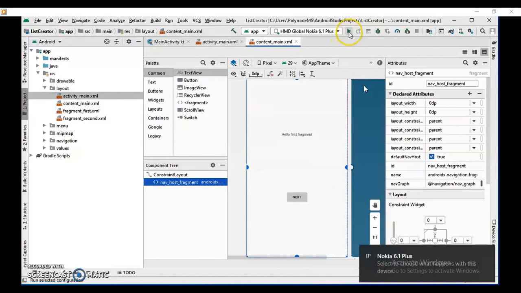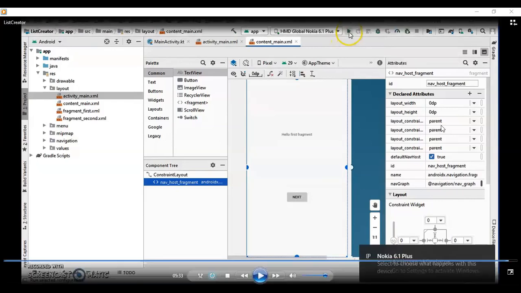Below that, the hello first fragment message is displayed through that text view. One next button will be there. If you click on that next button, you will switch to the second fragment. In the second fragment, there will be a button with the label previous. If you click on that previous button, it will come back to the first fragment with the text view and button. And one FAB button will be there, that is the floating action button.